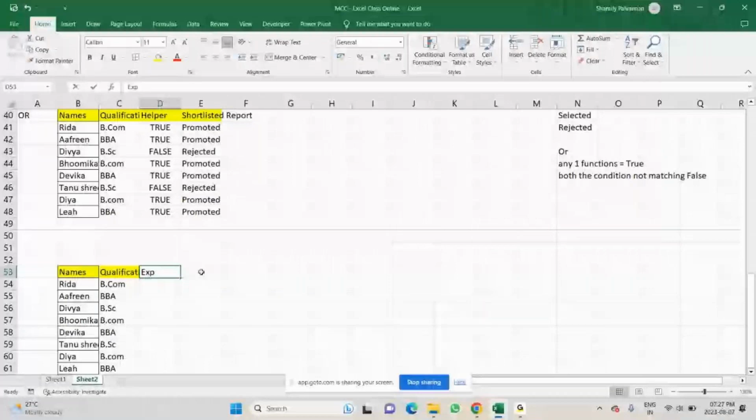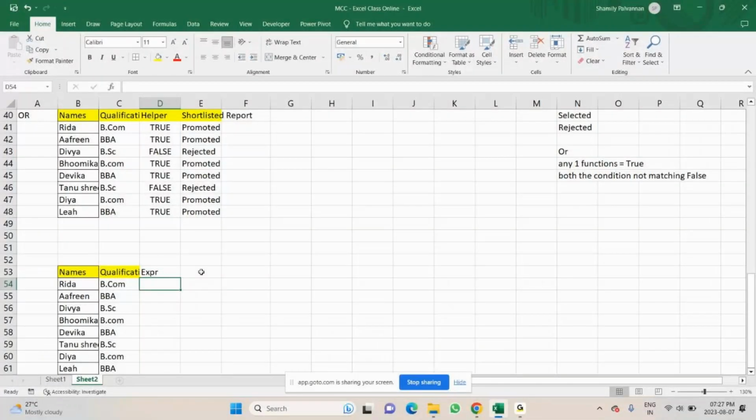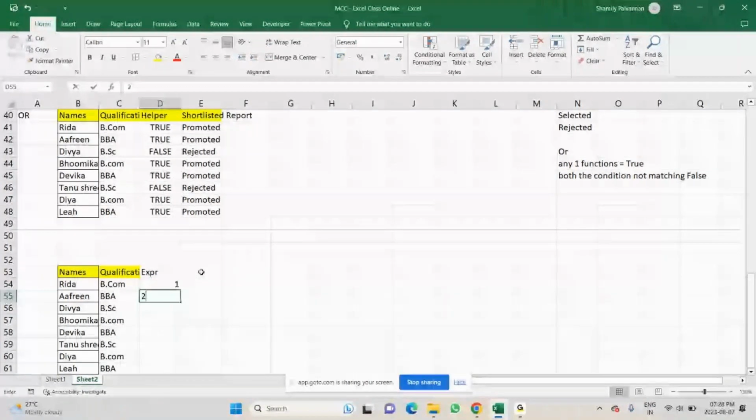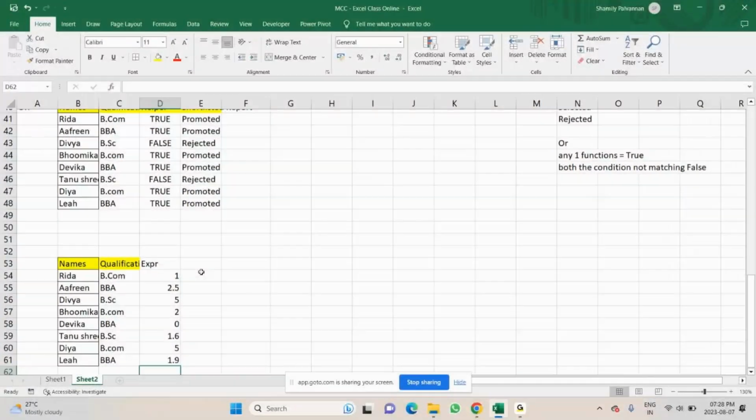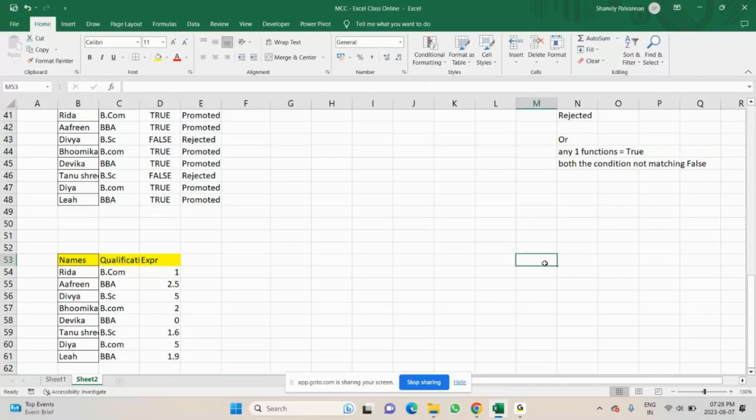Now, let me give experience as 1.5, 2.5, 5, 2 years, zero experience, then 1.6 years of experience, 5 years of experience, and 1.9 years of experience. Now, what is my requirement here is my first condition,